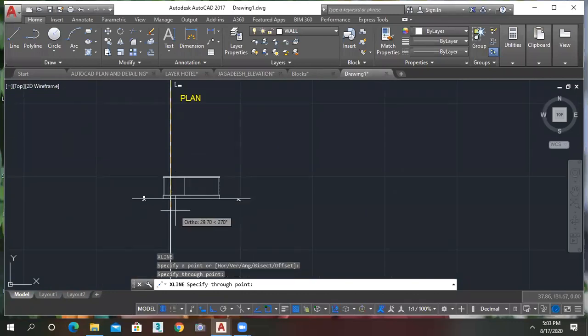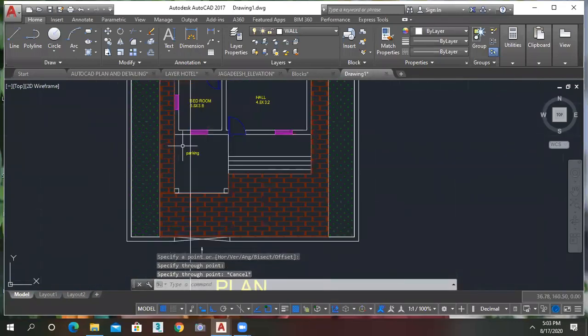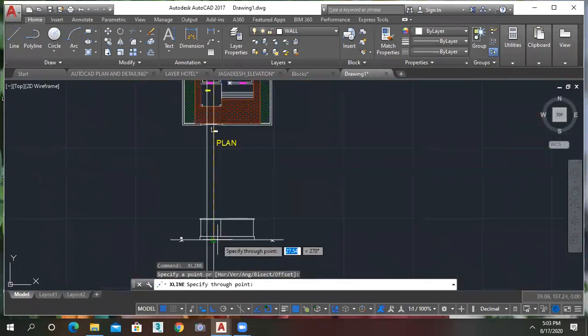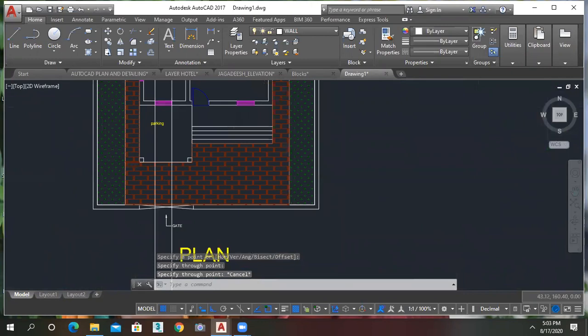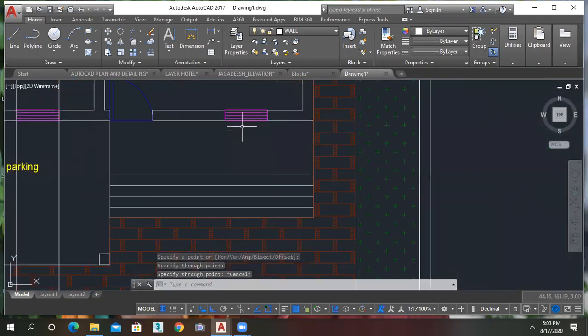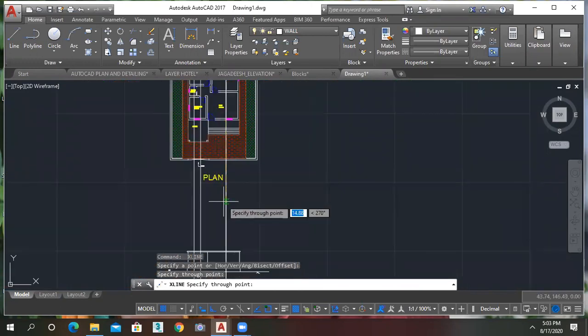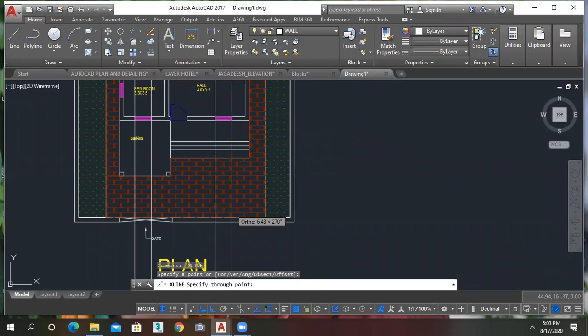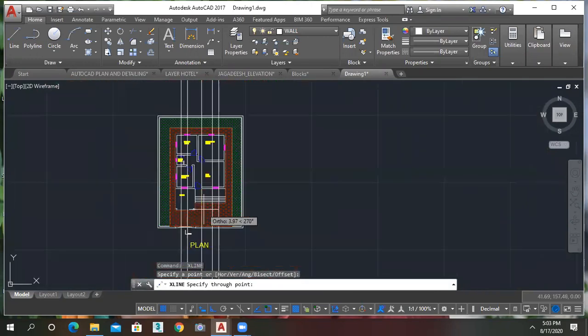You just elaborate like this. Same boundary of that window portion, as we called it W and W2, with the same command. Escape it. For door also, you just elaborate like this.